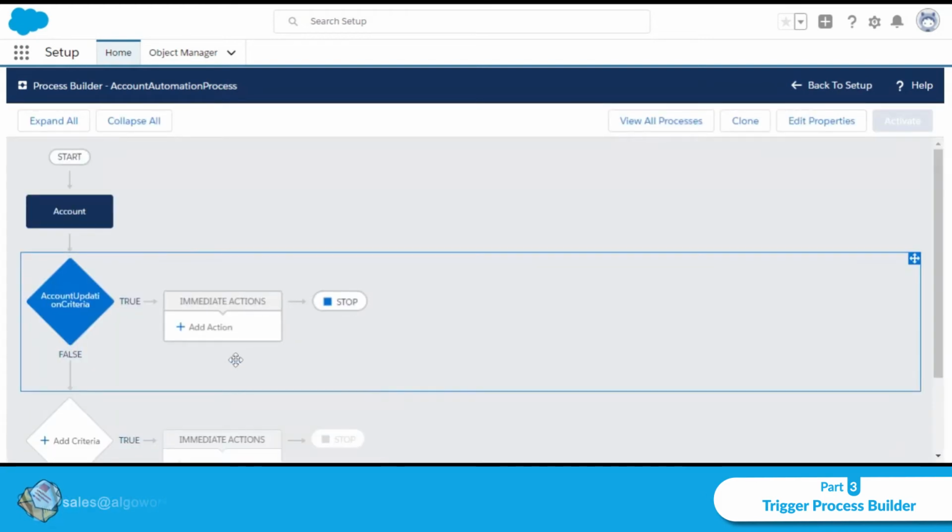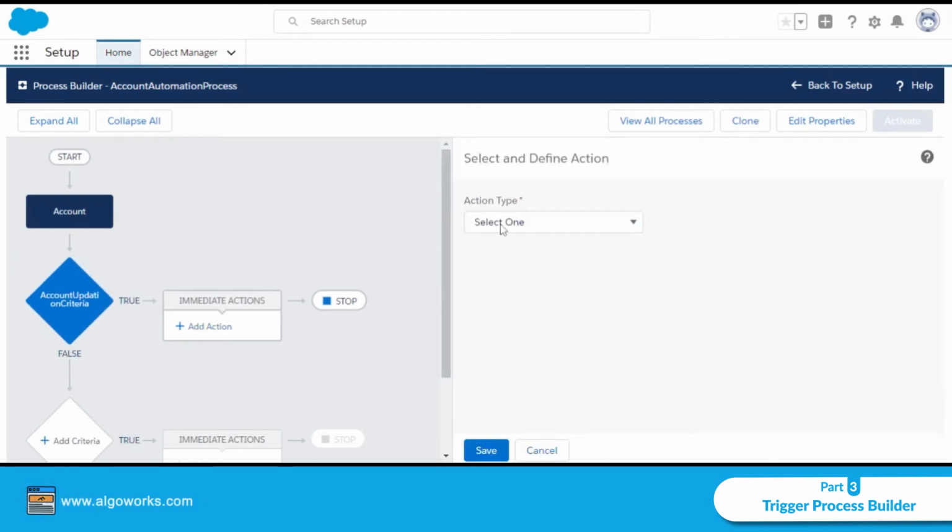Now we have to update the record, so we will click on add action. You have to choose the type of action, like Apex, create a record, email alerts, flows, post to Chatter, process, quick actions, send custom notification, submit for approval, or update a record. We will update a record here.